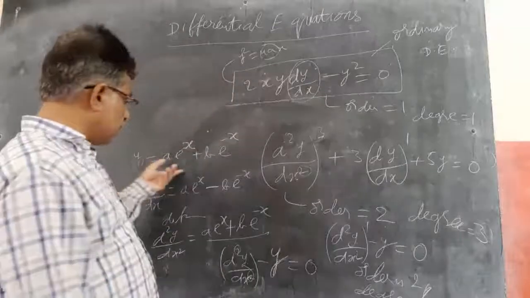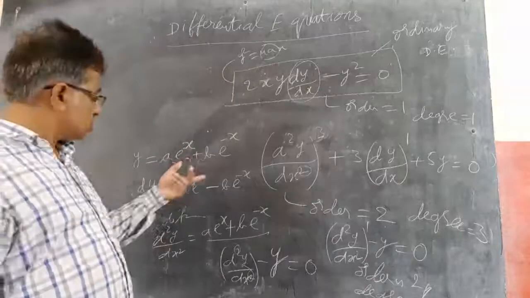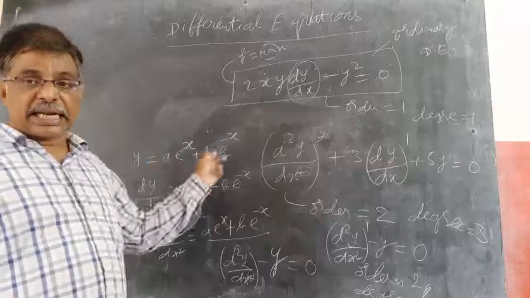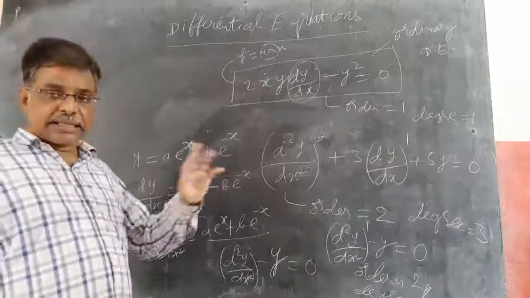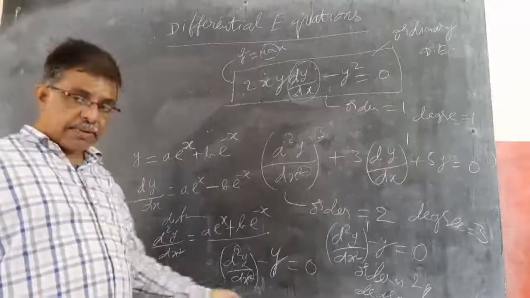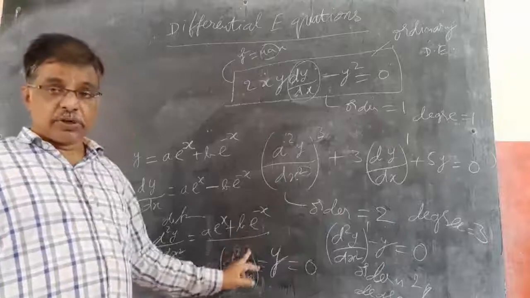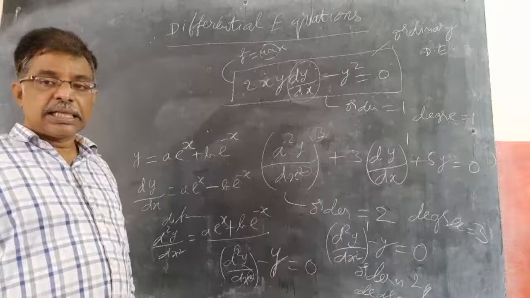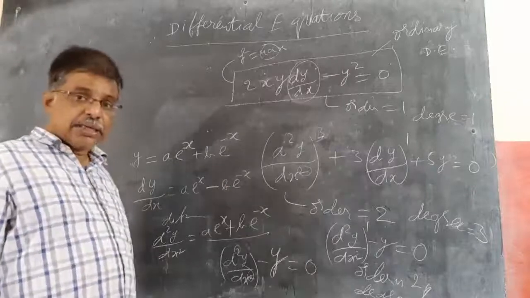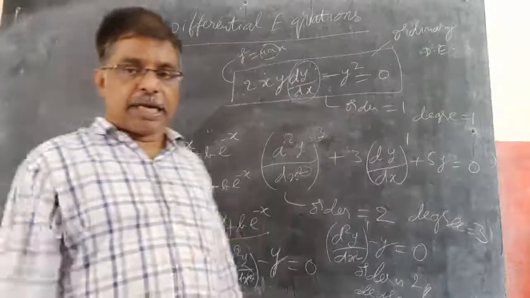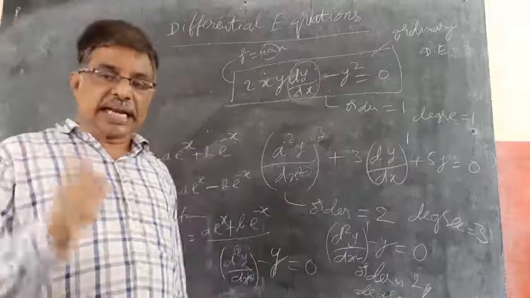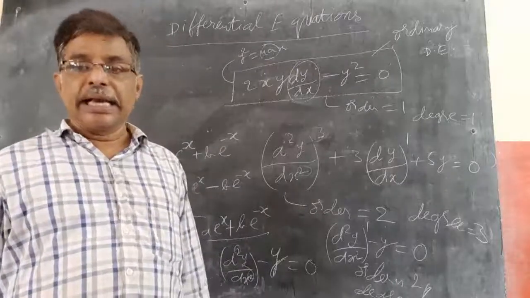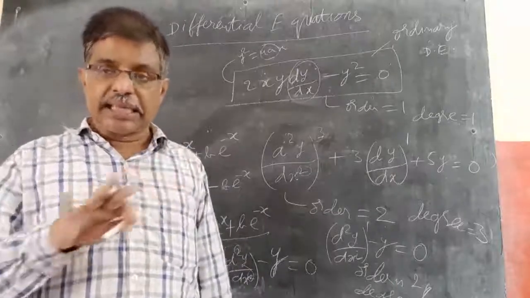Or you may be given a problem like this: find the order and degree. Simply by seeing it, you can say that the order is 2 because 2 arbitrary constants are there. Differentiate two times and eliminate. Then only can you get the degree. So first convert into a polynomial, then find the degree. For finding the degree, it should be a polynomial first. If you cannot write it in the form of a polynomial, then there is no degree for that equation.